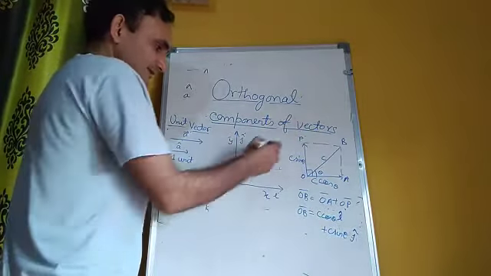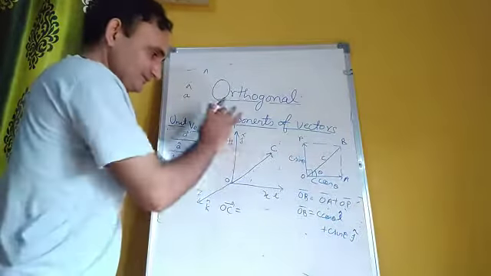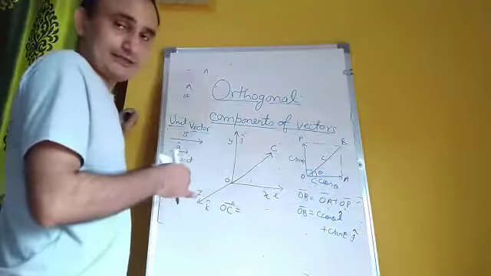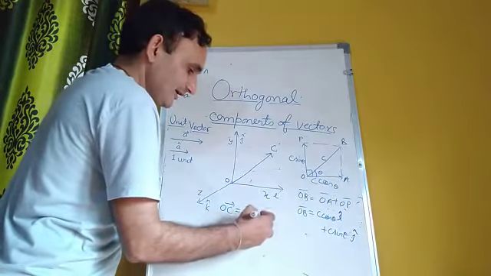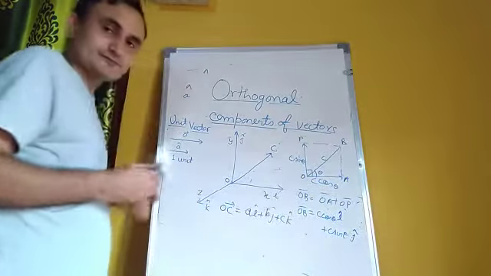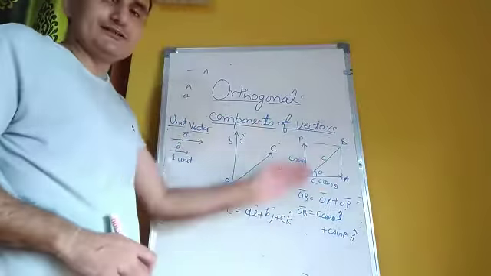Similarly, if there is a vector in space, suppose we call it OC, we can represent it as follows. What I have done is represent OB as the sum of its 2 components. Similarly, this vector OC I can represent as the sum of its 3 components, so it can be ai plus bj plus ck. Here we are doing things in 2 dimensions, but here we are doing things in 3 dimensions.